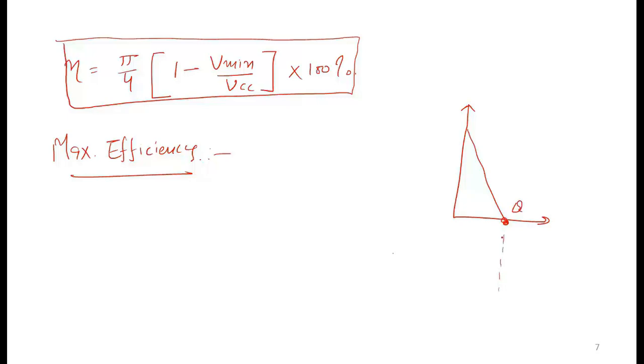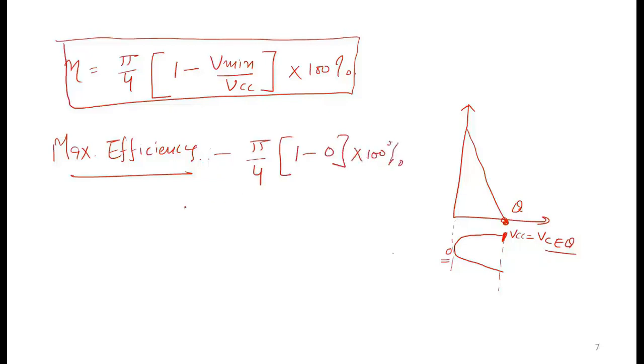So for maximum efficiency, the output voltage swing is maximum. It means if this is the VCC, that is the VCEQ, and the minimum VCE is equal to 0. This is for the maximum efficiency. So if we put V minimum equal to 0, we will get the maximum efficiency. That will be equal to pi by 4 into (1 minus 0) into 100%. So we have pi by 4 into 100%, which is equal to